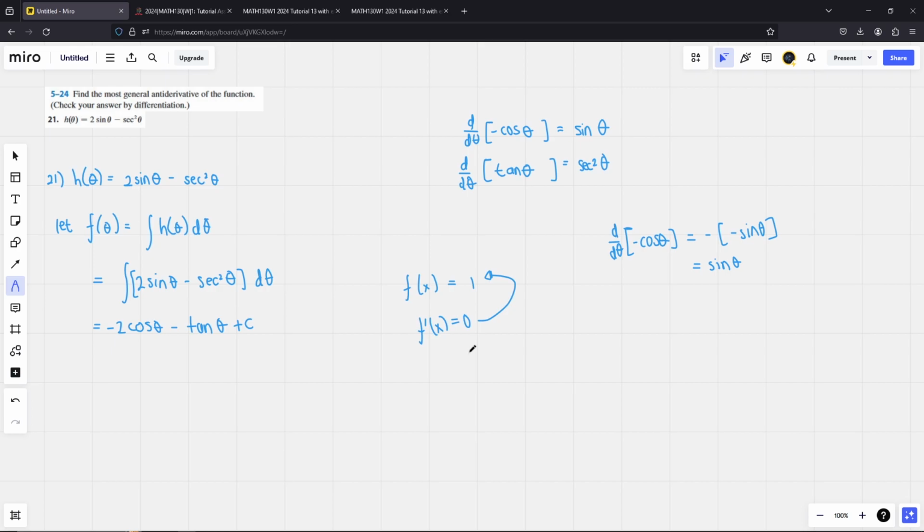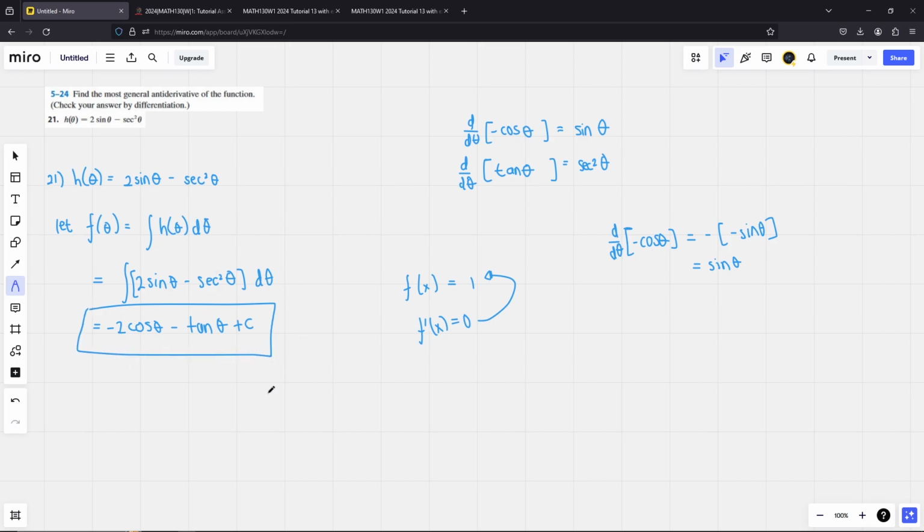Okay, so this plus c, or the constant of integration, means that there could be a constant at the end after taking the antiderivative, and that constant could be anything. There's an infinite amount of possibilities that that constant could be, and we could know exactly what it is if they gave us a point for the antiderivative, but in this case they didn't. So this would be our final answer